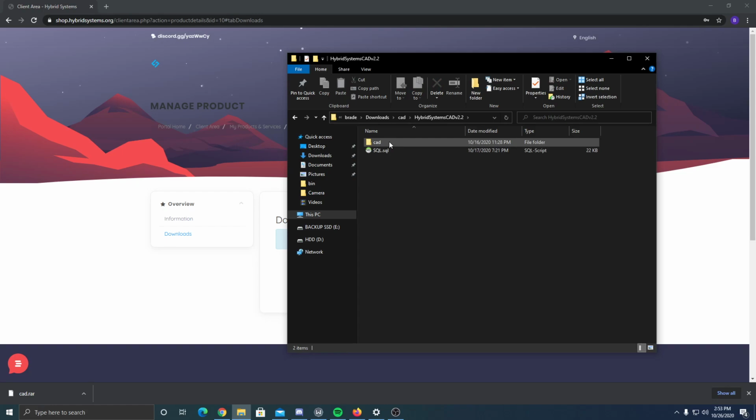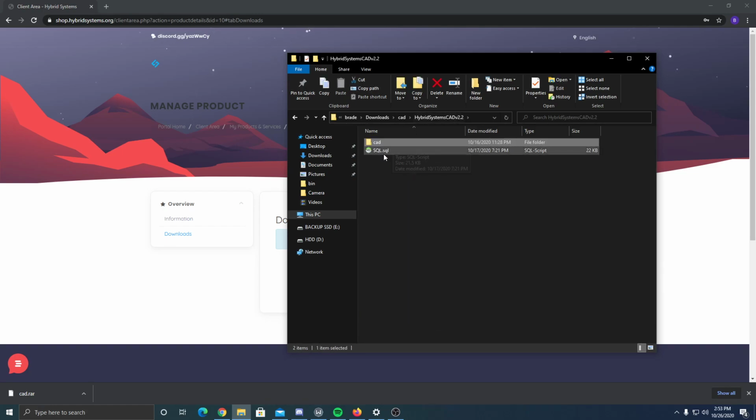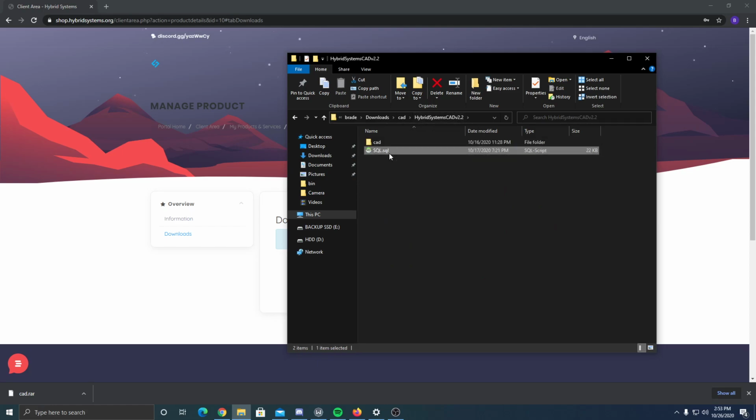Now the first thing is we have CAD, a folder which has all the CAD files, and then an SQL. This is the one for version 2.2. Do not use this SQL folder. In here, you're going to edit this with Notepad,